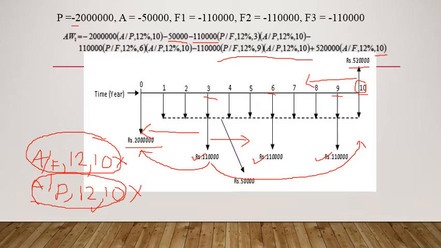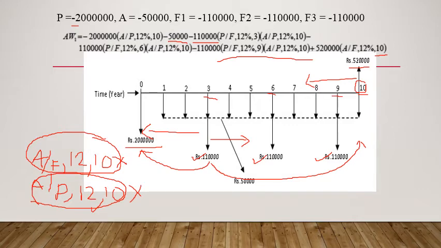Is that clear? So whenever you have a cash flow at the mid of the cash flow diagram, neither at t is equal to 0 nor at t is equal to n, then it has to be either converted into P and then to A, or converted into F and then to A. Both are acceptable. Okay. Here what have I done? I have converted this 1,10,000 into P. So I have treated this as F. I have converted that into P first.